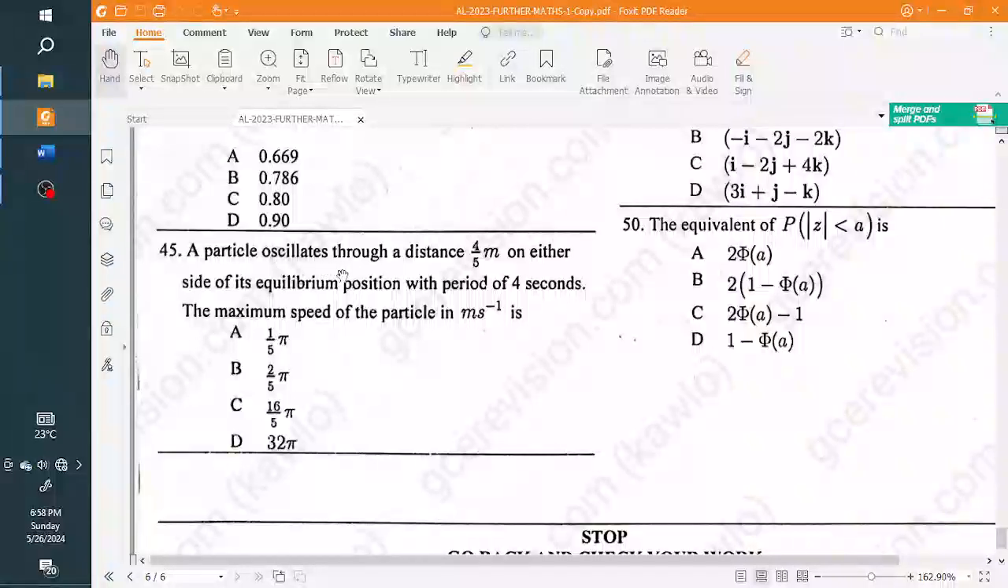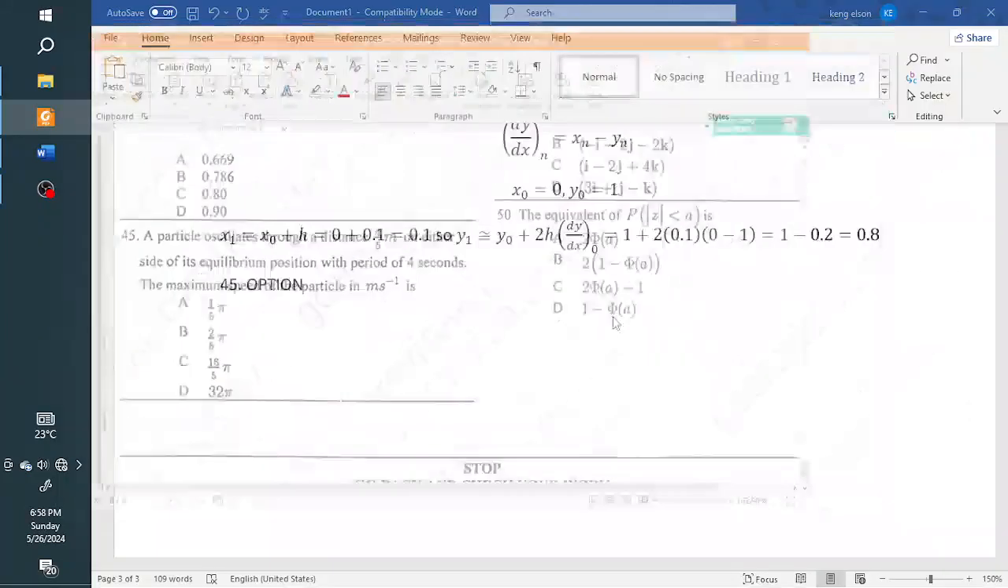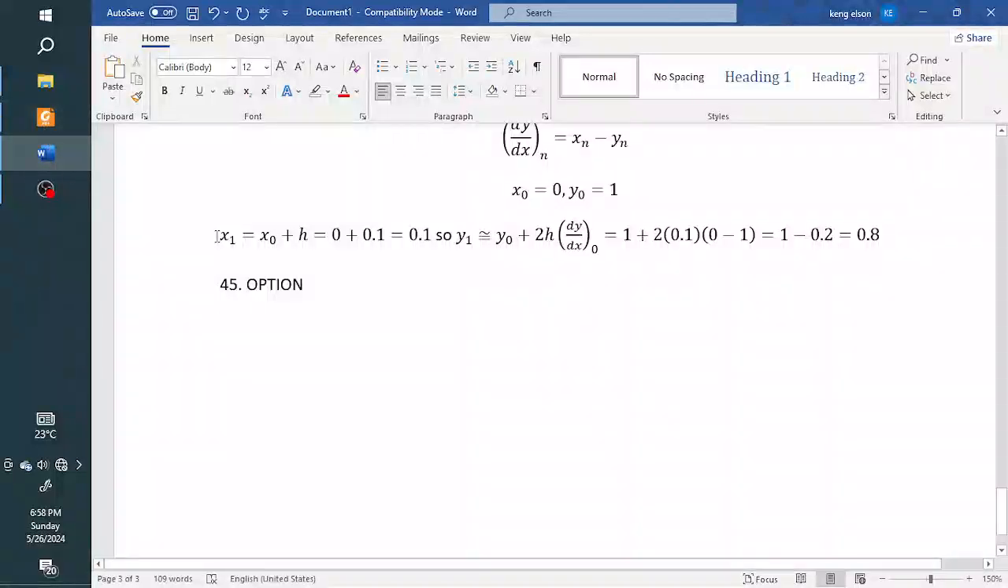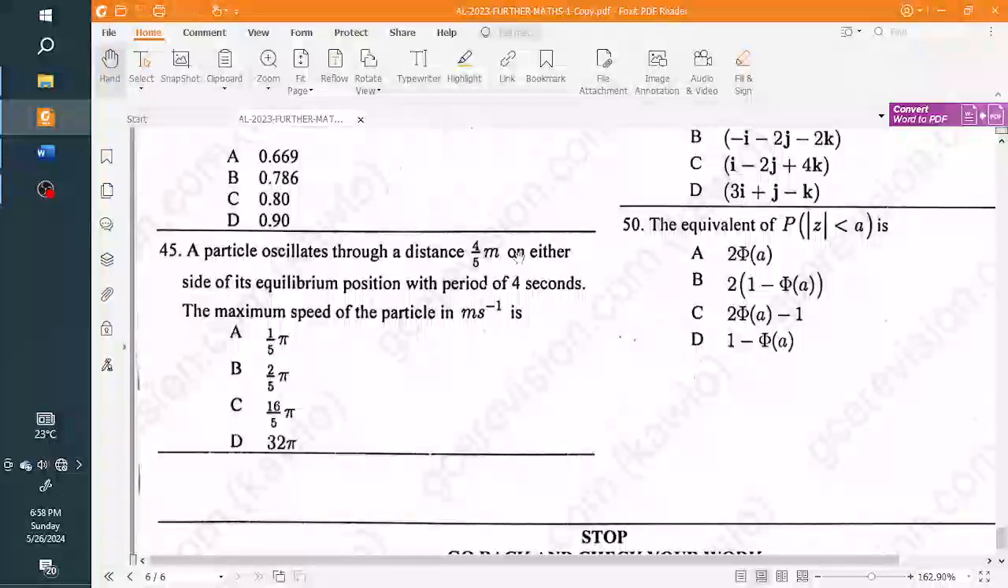A particle oscillates through a distance of 4 over 5 meters on either side of its equilibrium position with a period of 4 seconds. What is the maximum speed in meters per second? Okay, so you are just oscillating, right? If you're oscillating through a distance of 4 over 5 on either side of the equilibrium position, it therefore